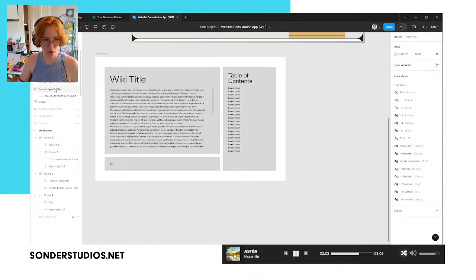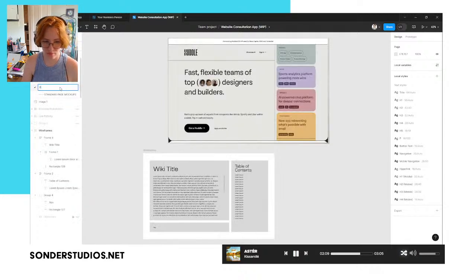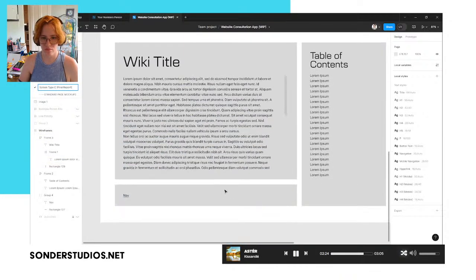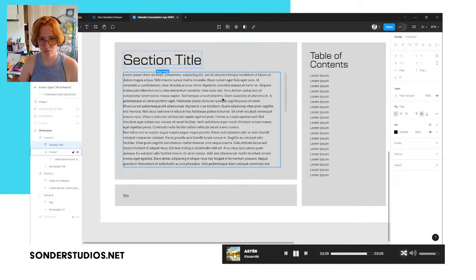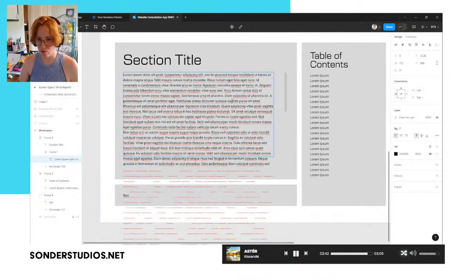And then the final report would be screen type C. And in this lorem ipsum, let's get a little bit more granular.